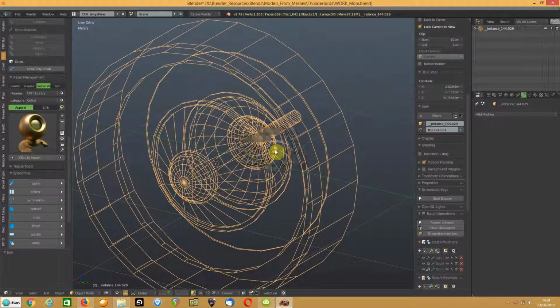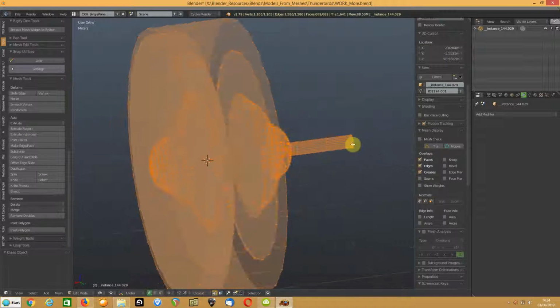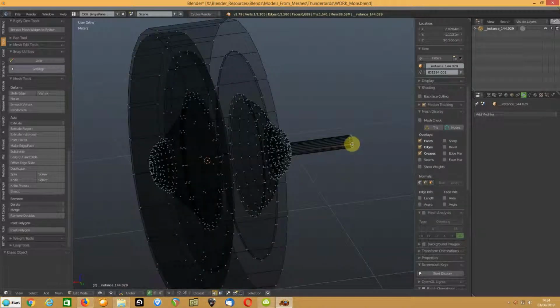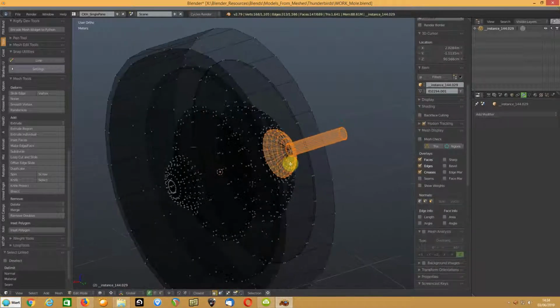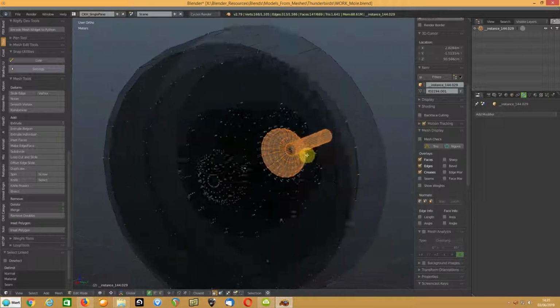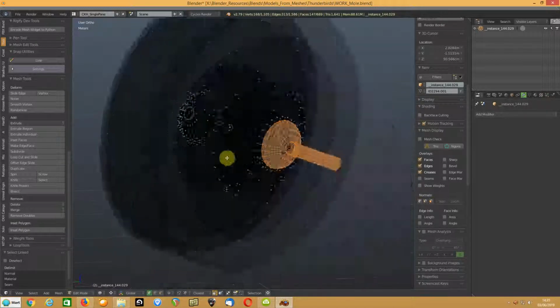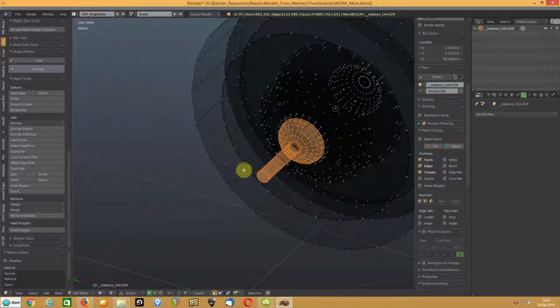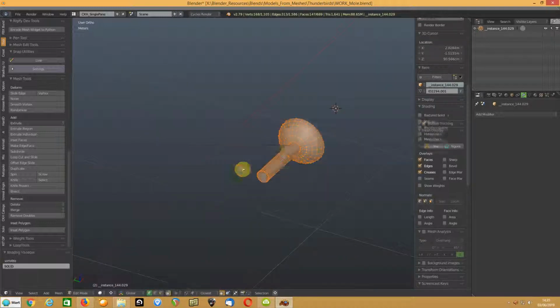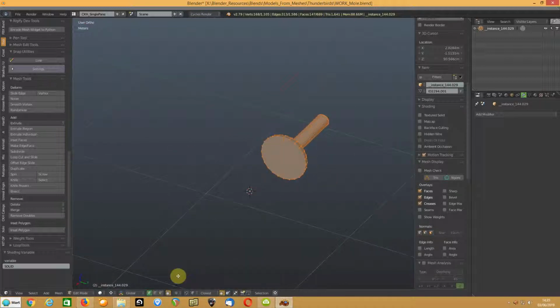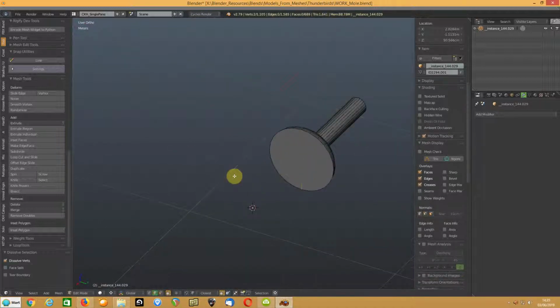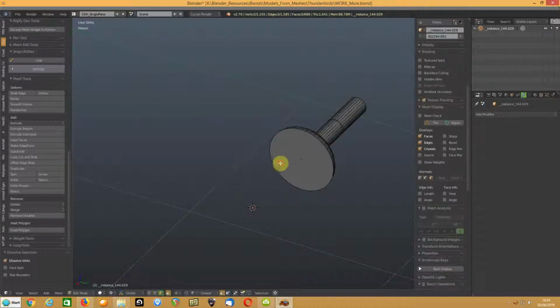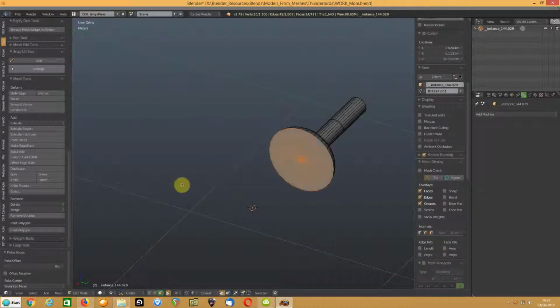Right, and then again in edit mode we can select all of them, actually hide everything else for now, solid mode. What we're going to do is we're going to have to delete that there, take that and do an Alt P so we've got a single point,